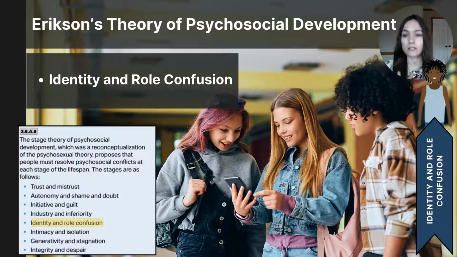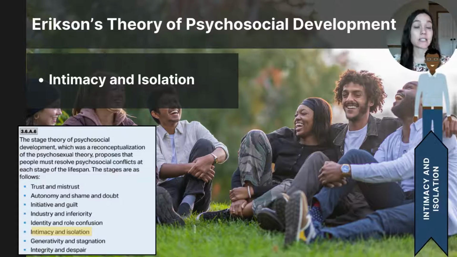If a teenager fails to explore or fails to commit to a role or a belief about themselves, they might experience confusion about their identity. The next stage is called intimacy versus isolation. And this happens in young adulthood, and this is described to be happening between the ages of 18 years old to 40 years old. And this conflict concerns whether the adult is able to form meaningful relationships or struggles with loneliness and isolation due to the fear of intimacy.